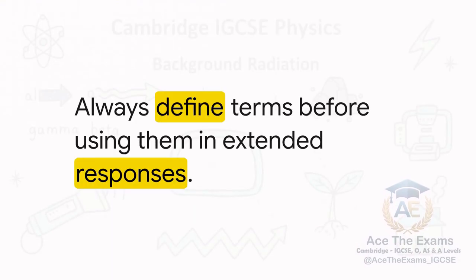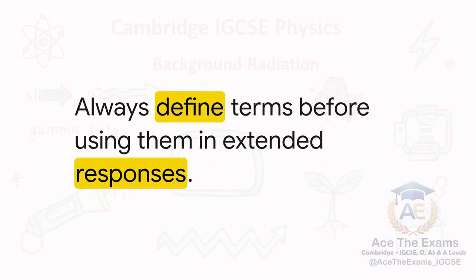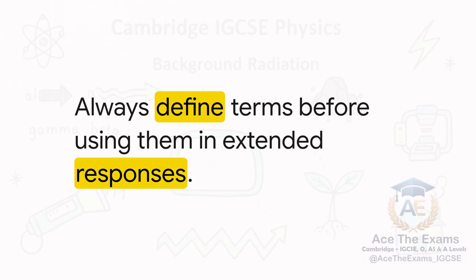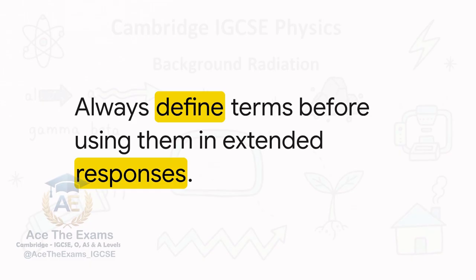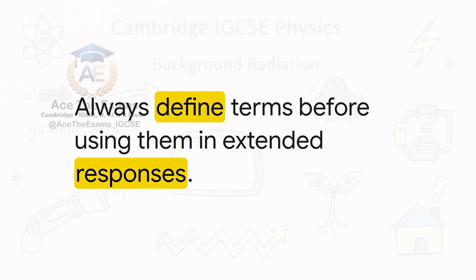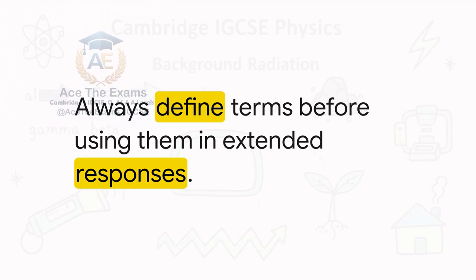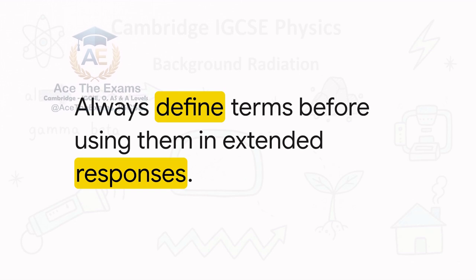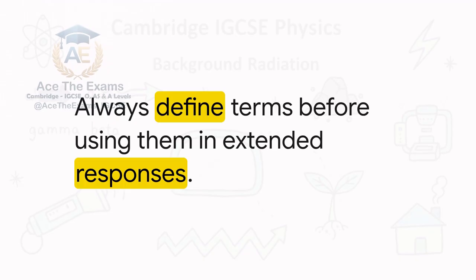To permanently combat these vague answers that frustrate examiners, internalize this one golden rule. Always define terms before using them in extended responses. If you are writing a 6-mark answer about an experiment using a Geiger-Müller tube, make it an absolute, non-negotiable habit to explicitly define your terms right at the start. Write a clear sentence stating, background radiation is the ambient ionizing radiation present in the environment from natural sources such as cosmic rays and radon gas, which must be subtracted from the total count rate to find the sample's true